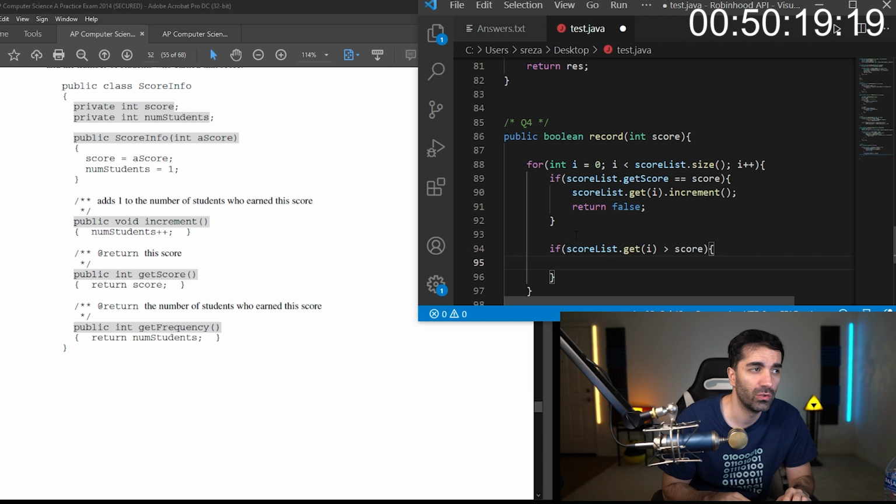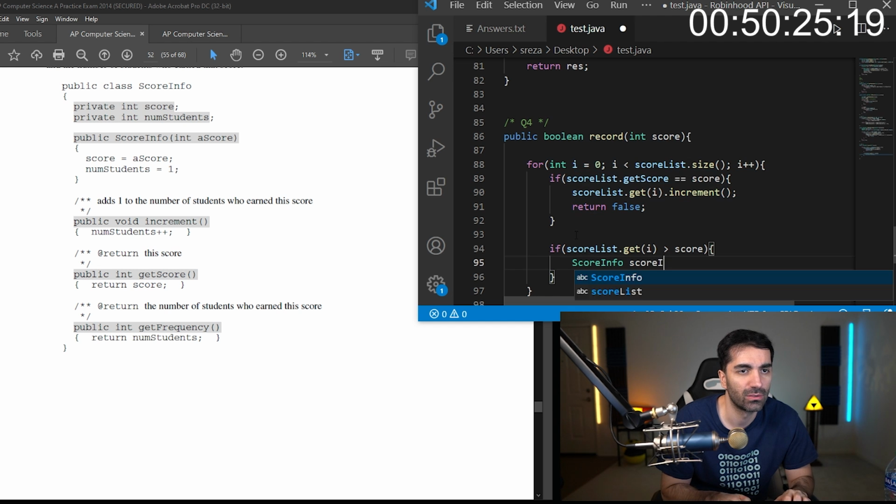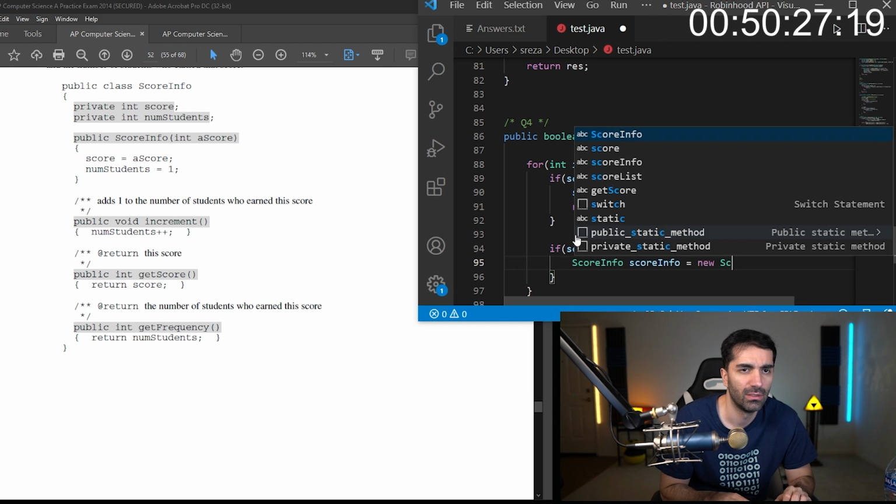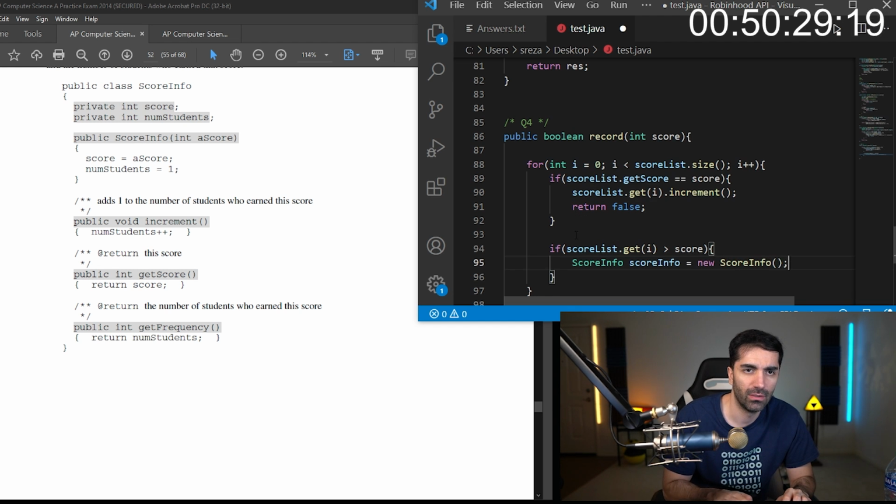So what we would do is we would say score info equals new score info. We want to pass it in the score.